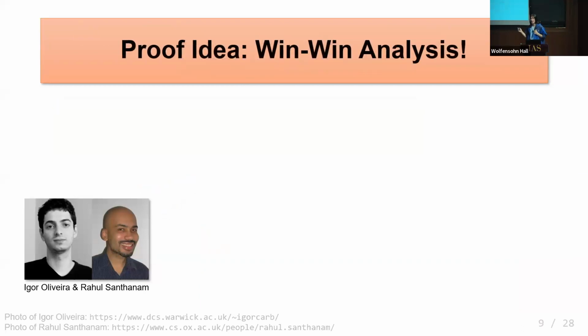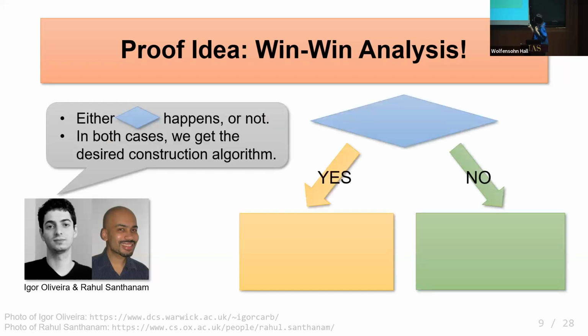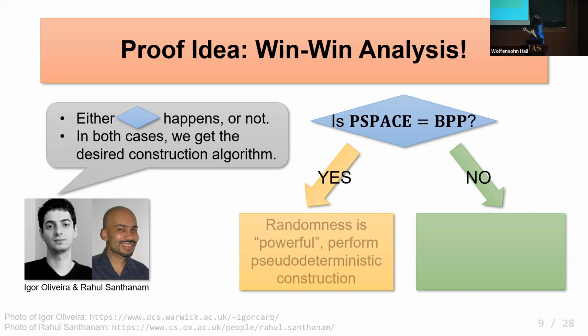Their proof idea is perhaps even more interesting than the result itself. They use a kind of win-win analysis. Conditioning on some complexity theoretic statement: if the statement holds, then the algorithm is something; if the statement doesn't hold, then the algorithm is something else. Precisely, the statement is whether PSPACE is equal to BPP. If PSPACE is equal to BPP, then randomness is powerful because you can construct a prime in PSPACE,